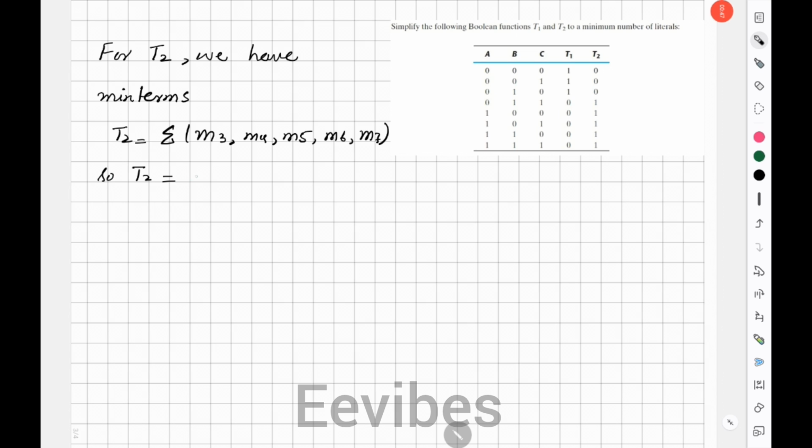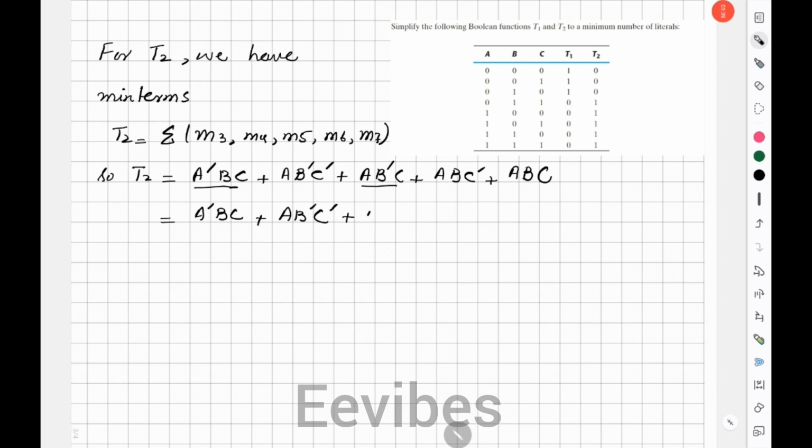and here I will represent it in terms of the minterms where the complemented literals correspond to the 0 while the non-complemented literals correspond to one entry. So here I have written T2 as the summation of the minterms. Alright, in the next step you will see I will start simplifying the function by combining the last two terms